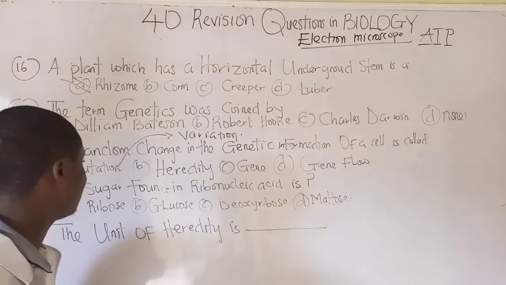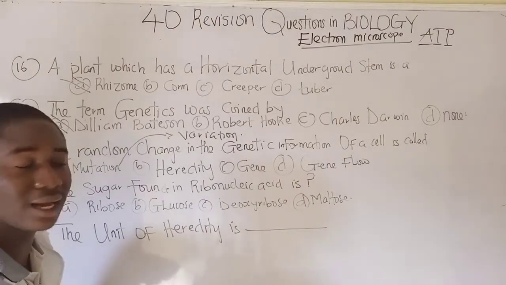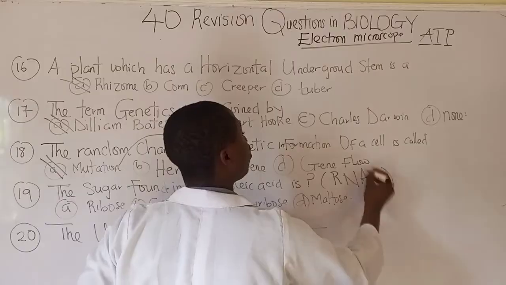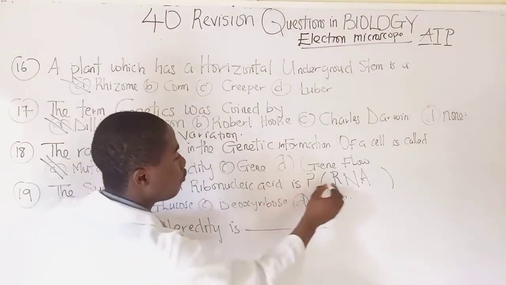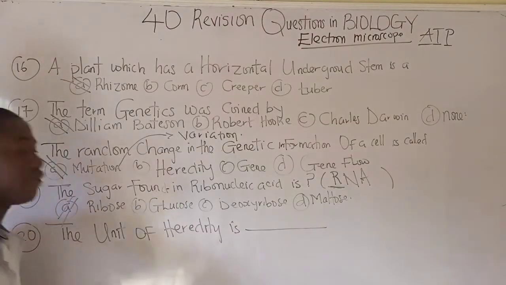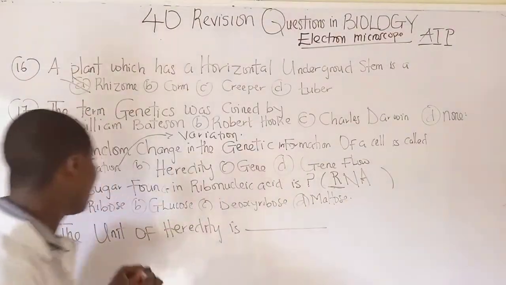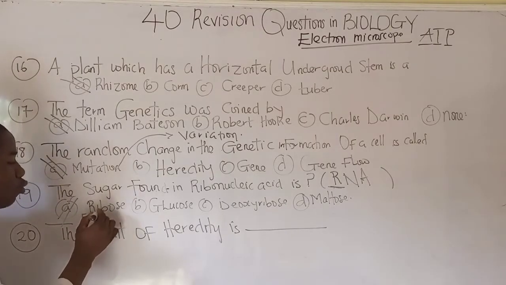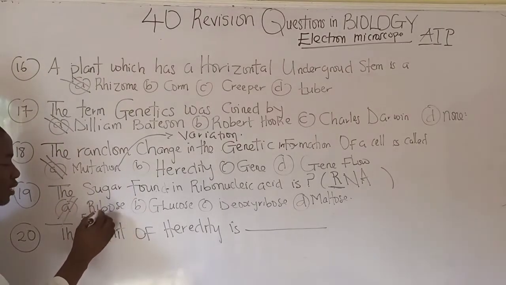Now, question 19 says the sugar found in ribonucleic acid, otherwise called RNA, is a sugar called ribose. You can see it from the word ribo. So the sugar here is called ribose. It is not called glucose. Ribose is a 5-carbon sugar. Okay, ribose is a 5-carbon sugar. So what becomes the chemical formula of ribose? It is